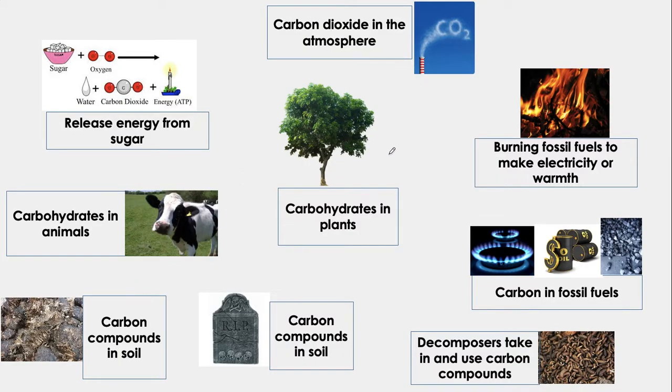So here's a picture of the carbon cycle. You're going to be drawing down a completed one from a diagram. So let's just look, we've got up here carbon dioxide in the atmosphere, and that is taken in by trees through photosynthesis. We've got release of energy from sugar. That is respiration. Just put a P there, for photosynthesis. So when trees and animals respire, this is respiration,